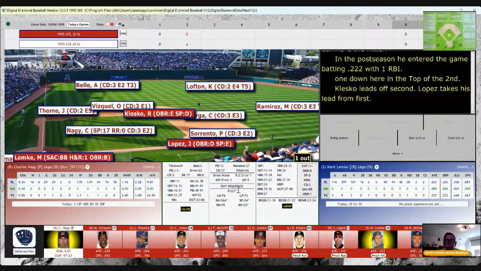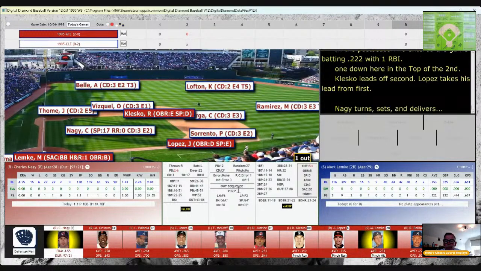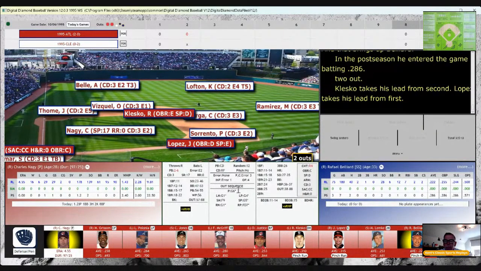So 2 outs, runners on first and second as Rafael Belliard comes to the plate. Belliard batting .222 in '95 with 0 home runs. He's not going to have much pop. Here comes the pitch. It's going to be on Belliard's card.